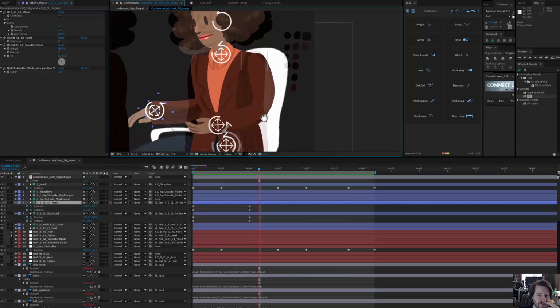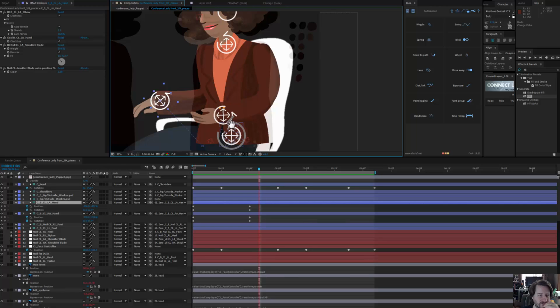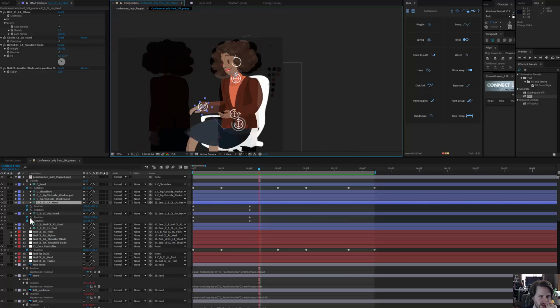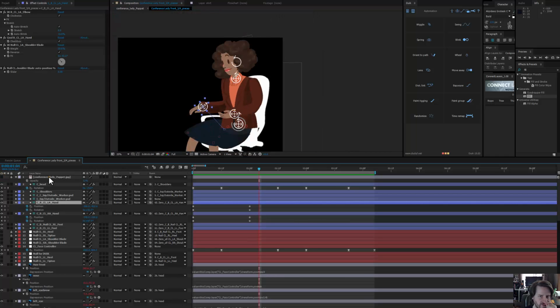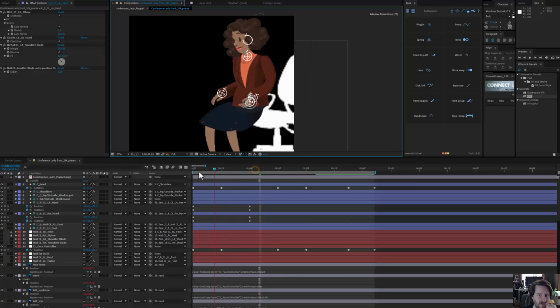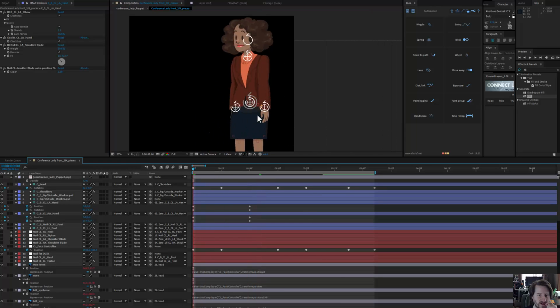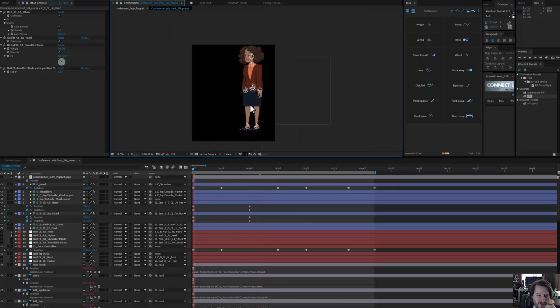This elbow's a little soft, but I'm gonna just live with it for now and be happy that I got this far today. So this is our reference layer. We'll have this here. Look at this. We can have her do so much stuff. Alright, I'm gonna call this Conference Lady front 3/4 pieces. I'm gonna call this done. Save